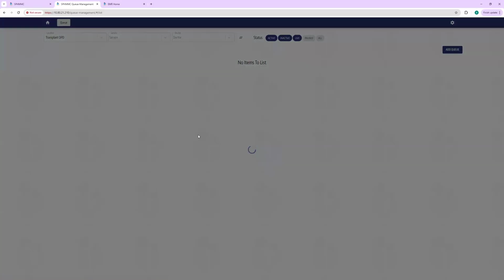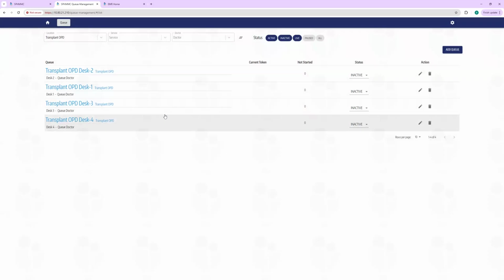This queue management module, I think, was specifically developed here. It was developed because in our setup we have multiple doctors working in a single OPD. Right? So in a single location, in a single OPD, we'll have multiple desks. We have 4 desks, 5 desks. Each doctor will see their own patients. With the existing arrangement, you can assign patients to a specific location. But since that was not enough for us, we needed to add